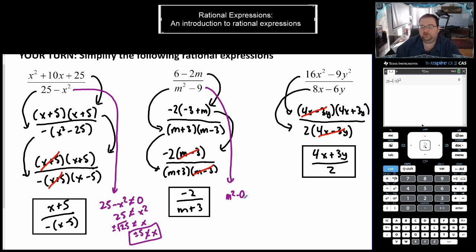So here, m squared minus 9 cannot equal 0. So m squared cannot equal 9, which means m cannot equal plus or minus 3. The square root of 9 is 3, right? And so it's both of these. Just because we crossed out m minus 3 doesn't mean it's no longer a non-permissible value. Remember, it's technically still there. All we did was simplify it, right? It didn't just magically remove itself. It is part of this larger thing. We simplified it down. So in this one, m cannot equal plus or minus 3, and likewise here,